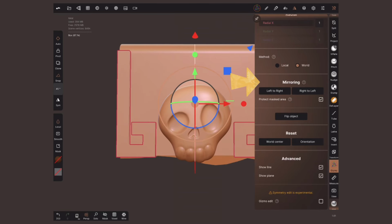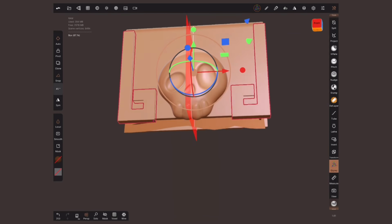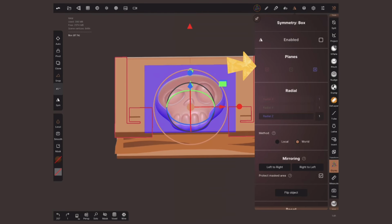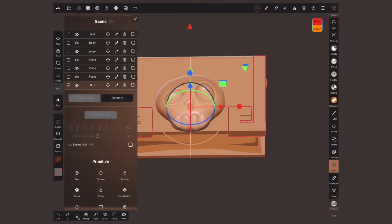Let's do a left to right, and we got it. Perfect mirror. I don't have to do it again. It saves me a lot of time. Depending on the axis that you are working on, you can change between X, Y, Z, or even have them all together. Now to create the bottom, all I need to do is duplicate by tapping on this double square,